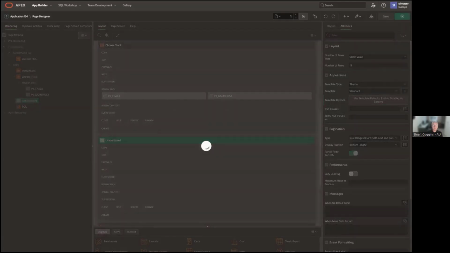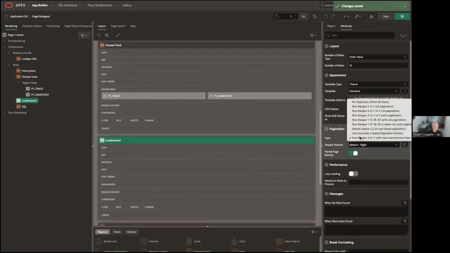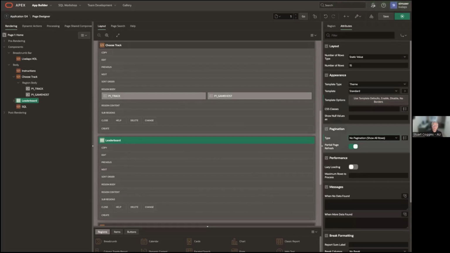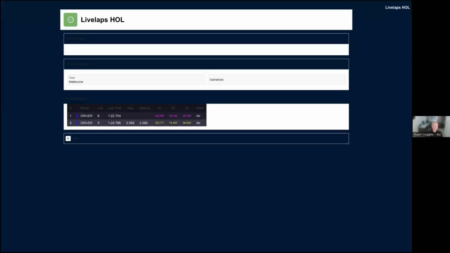Okay, save. The other thing I like to do, by the way, and it's not in the lab, is I turn off pagination. We're only doing 20 rows, so we can turn pagination off. And then when I do restart, so there is my nicely formatted